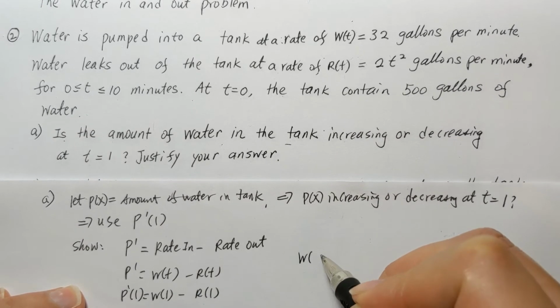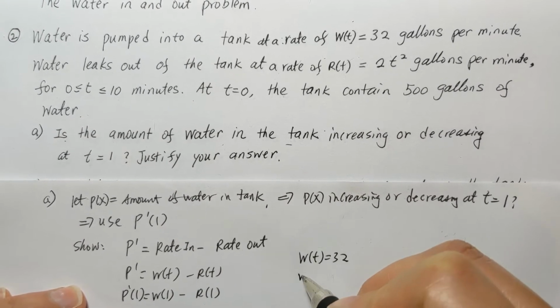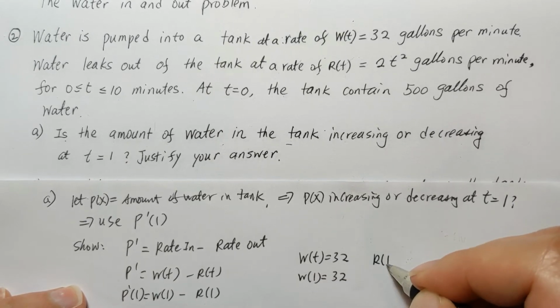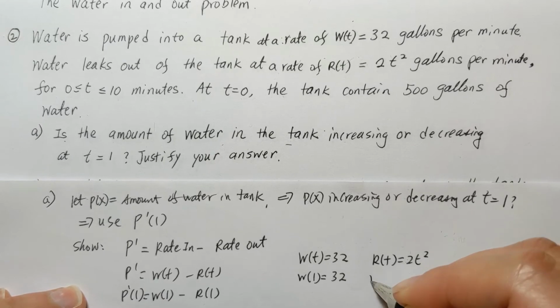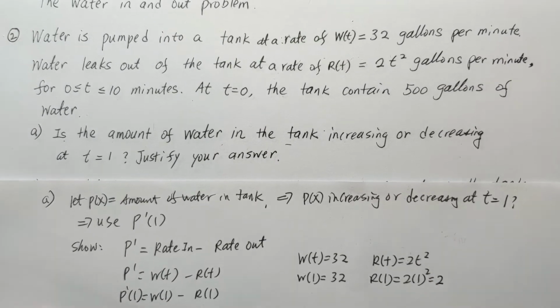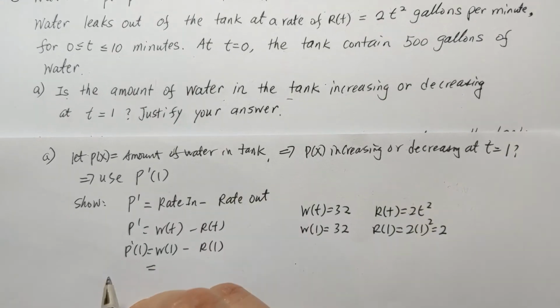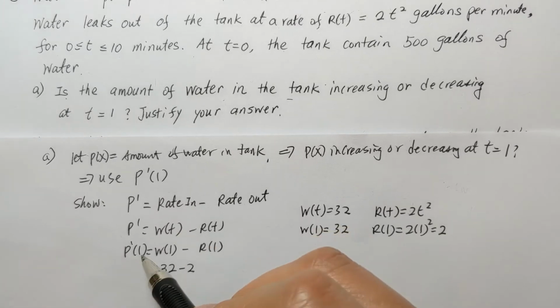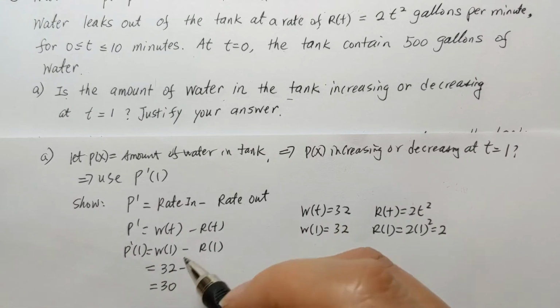So W(t) equal to 32, so W of 1 equal to 32. And R(t) equal to 2t squared, so R of 1 equal to 2 times 1 squared, which is 2. So now we go back here, we got 32 minus 2 equal to 30. So P prime of 1 equal 30